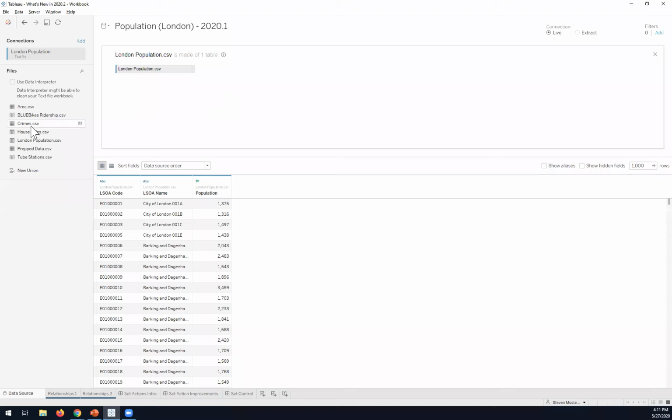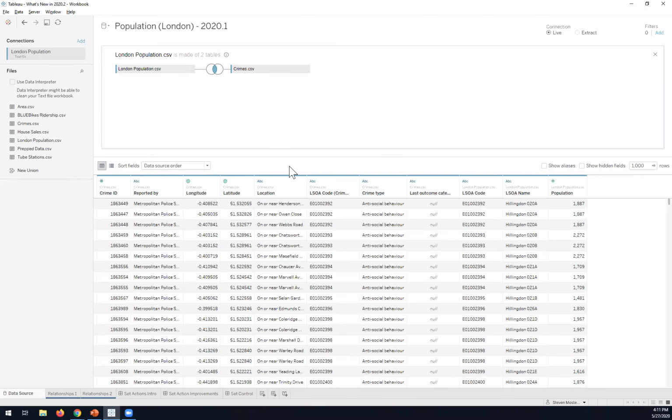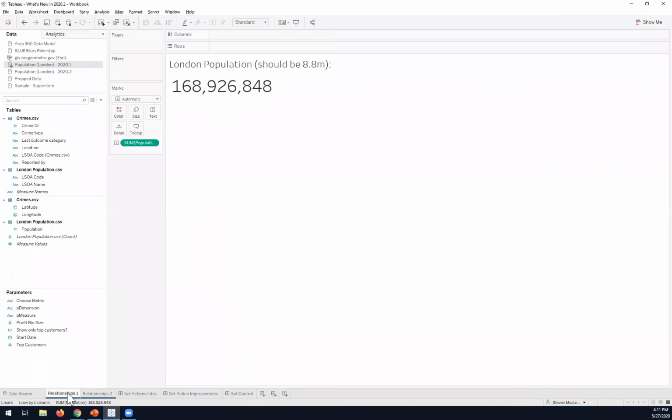Now when I want to bring in crimes, to get the crimes by the population here, I'm going to do an inner join. Then when I come back over to my relationships view, it says that the population is 168 million, or almost 169 million.